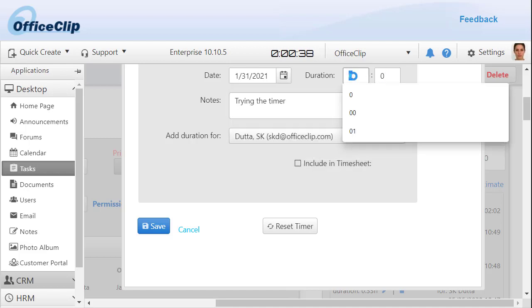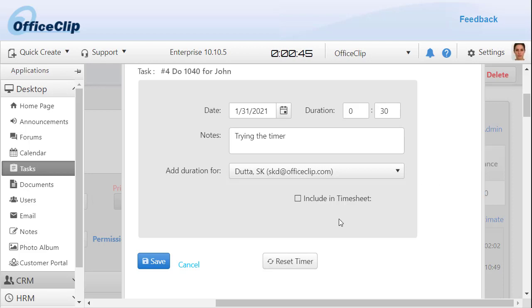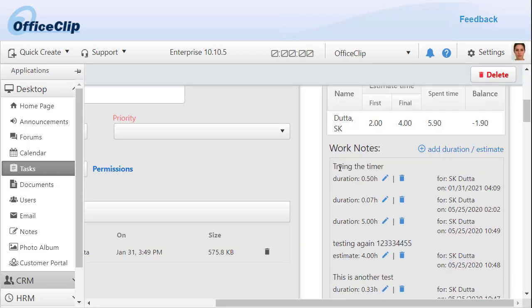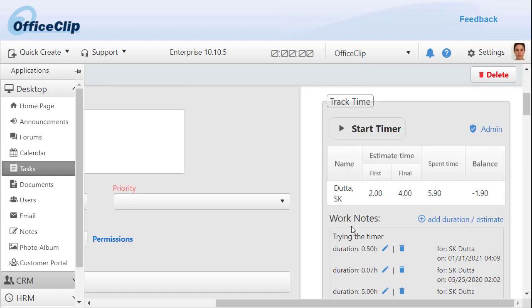I just started the task here, so maybe I have to put the time myself. And I worked on the task for 30 minutes. Now if I am using the timesheet application, I can also check in here. This time will automatically be included in the timesheet. So when I save it, time goes over here, and there is a small work note also you can put in here, and for date and time. And this way you can keep track of each individual instance when you are working on the task.